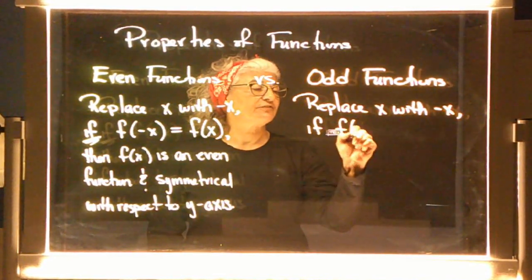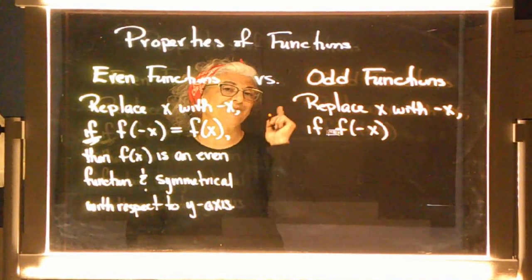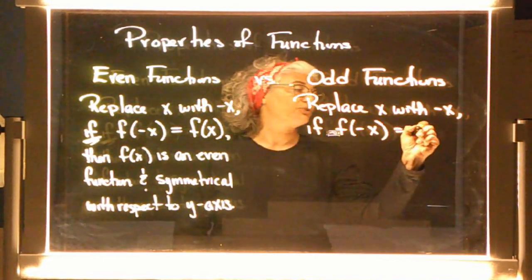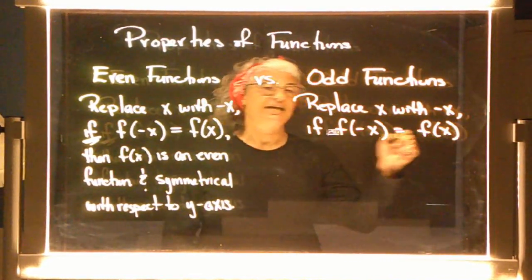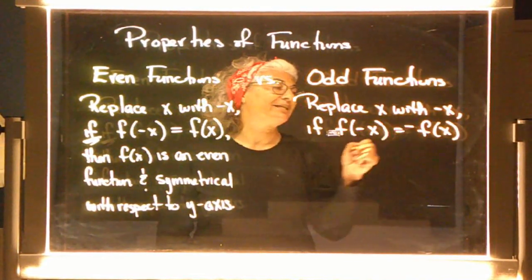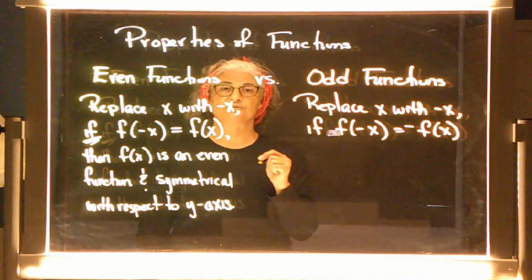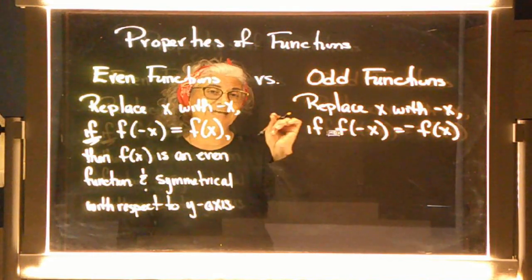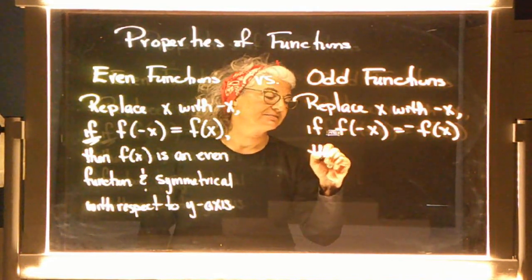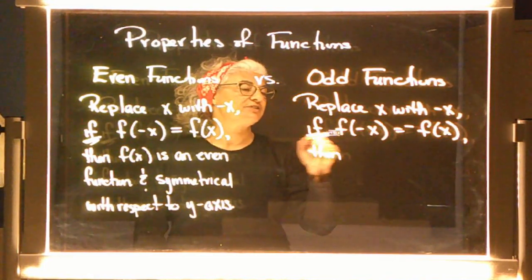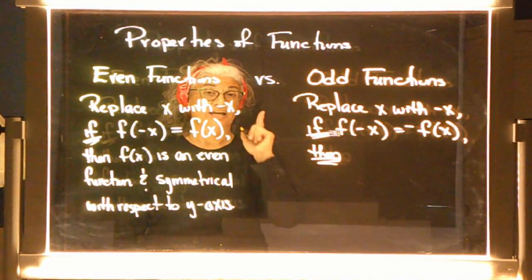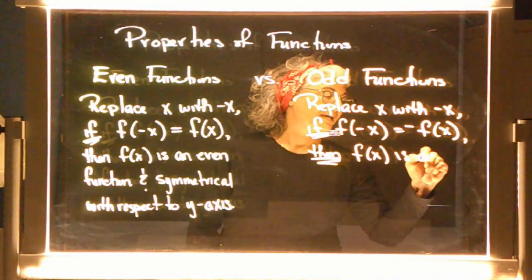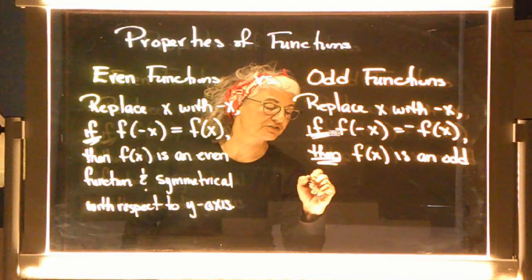If f of negative x, when we make this replacement, if it looks like I took the original function and multiplied it by a negative, or a negative 1, if you'd like to say it that way, then, again, if is the requirement, then is the result. Then, f of x is an odd function